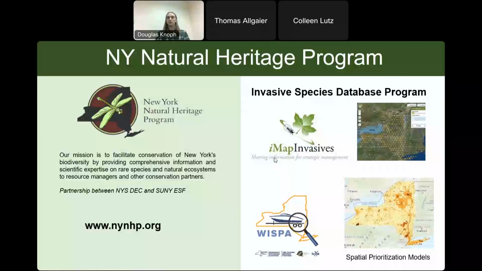And we provide the official invasive species database for New York State, as well as a host of data collection tools, including the mobile app, iMap Mobile Advance, and the WISPA app, and also several data analysis tools, such as spatial prioritization models, to help our partners use the data that we have in our database to steer their management prioritizations.